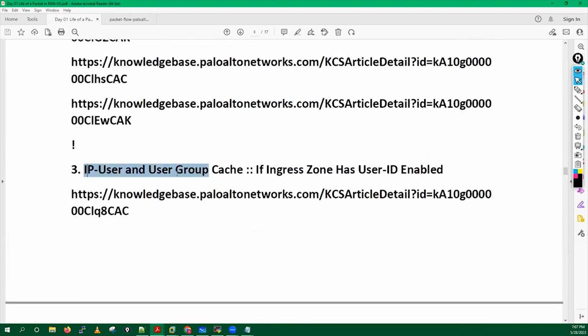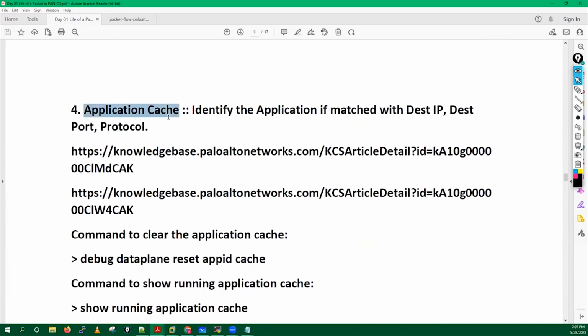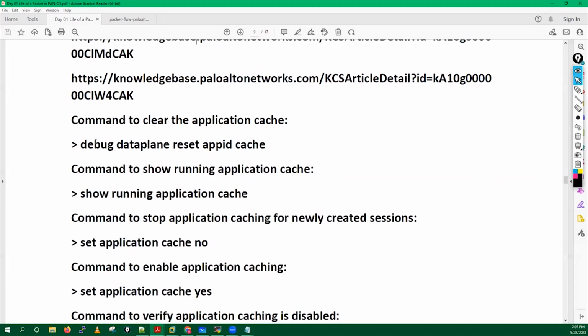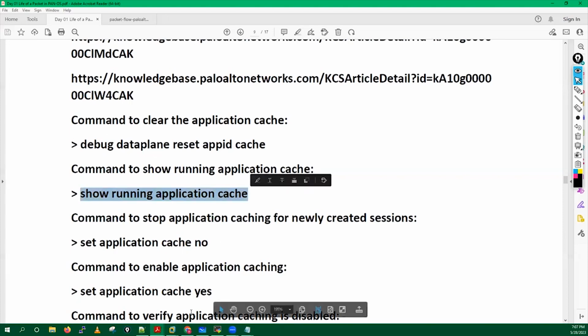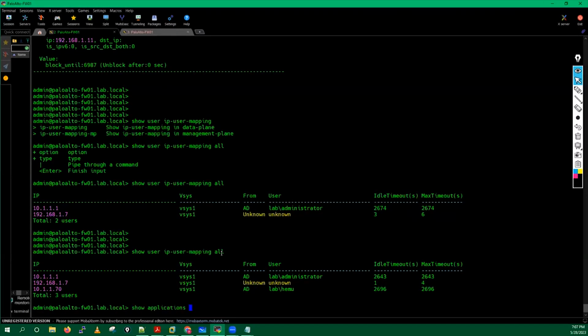Then it will check the IP or user cache information. Then your application cache, and how it will do the application check. If you run this command, debug data plane show running application cache, this is the command which will show you the cache information we have here. When we add show running, we are looking at the details in your data plane